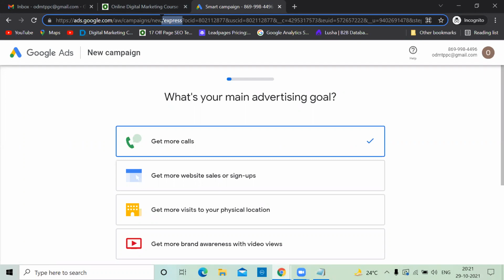He doesn't know much about technology. For those kinds of people, Express is good. You just pay money, and Google will take care of everything. But instead of taking $100, they might take $105. Sometimes it is not necessary, but they might be showing your ad to the relevant customers. So the problem is we're giving everything under Google's control. To take it into your control, you have to come back to Google Ads only.